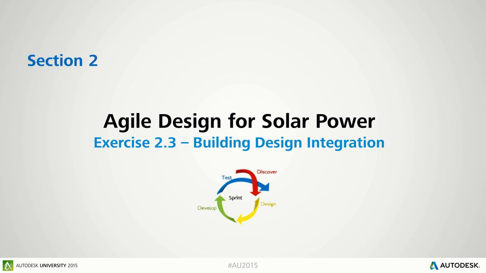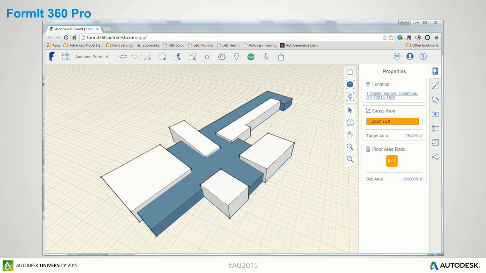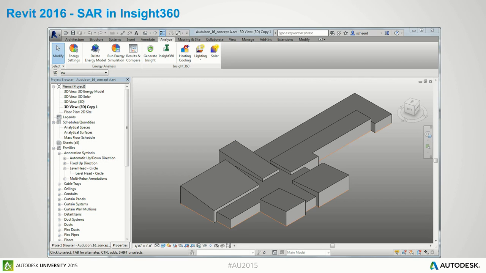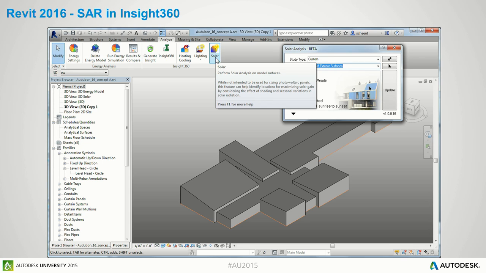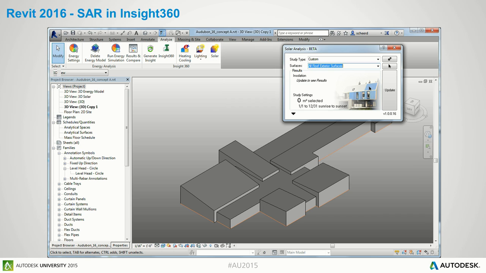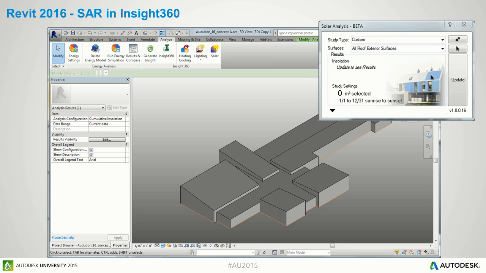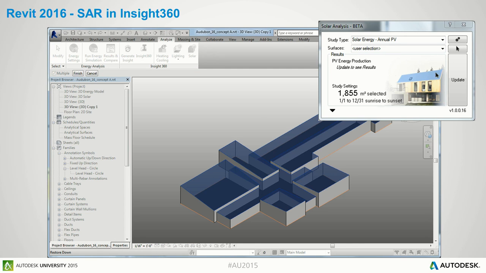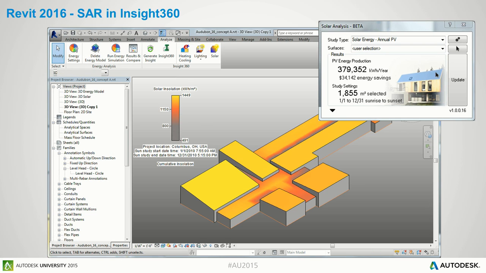So this is where I would call the building design integration phase. So the FormIt model you can open up in Revit and do the same sort of analyses. I'm just going to show the same sort of analysis with solar. Process is open the solar tool again, choose the PV analysis, select the services that you want to visualize. So you can see, very similar, same exact results as FormIt, but a little bit more information in this more